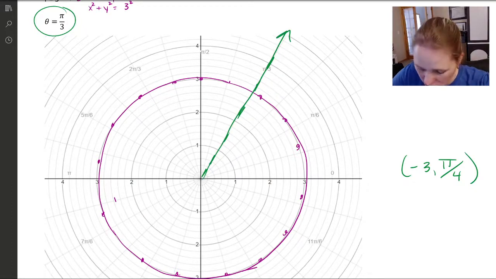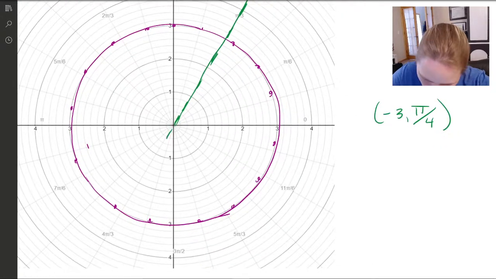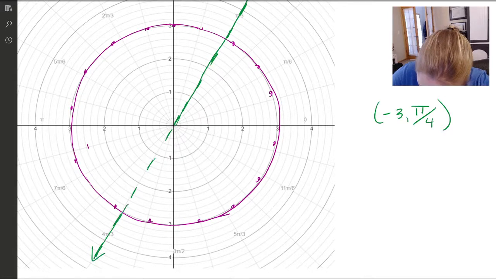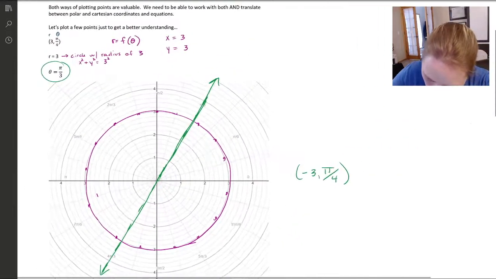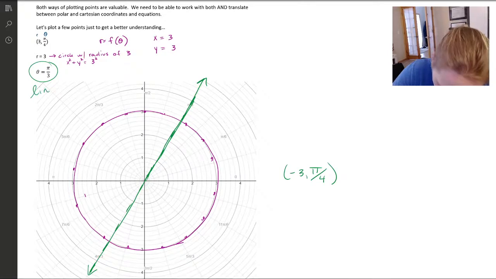Now you also have to understand that because of the way the polar system works, if you have a negative r with a pi over 3, that simply means you're going to rotate to pi over 3 but then move backwards. So we actually have a line that extends all the way, and you have this line through the angle pi over 3. So we have circles and lines when we have just singular variables. So this is a line through